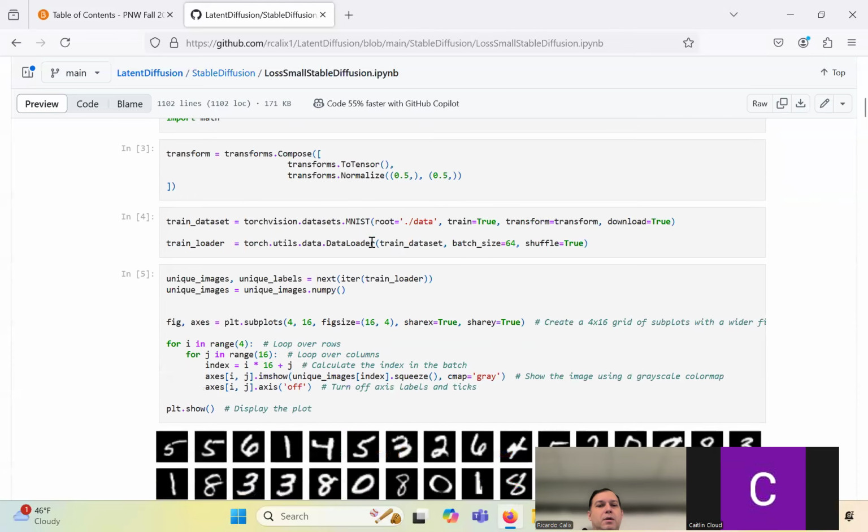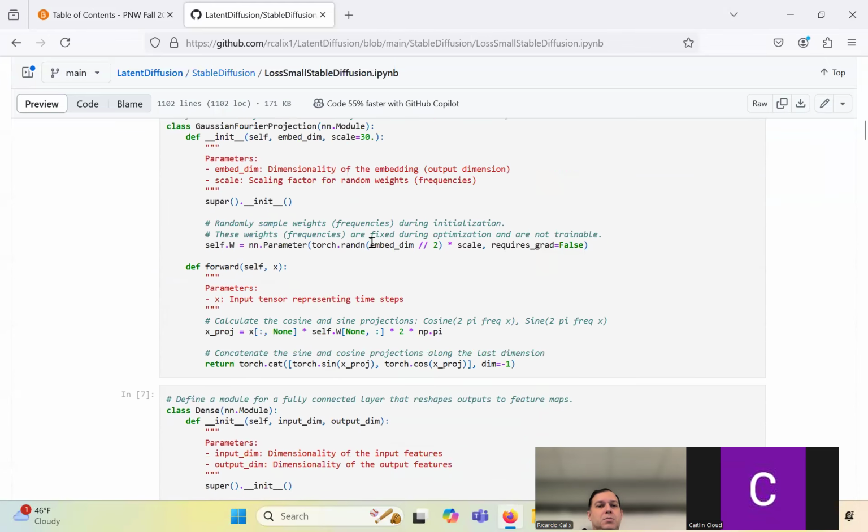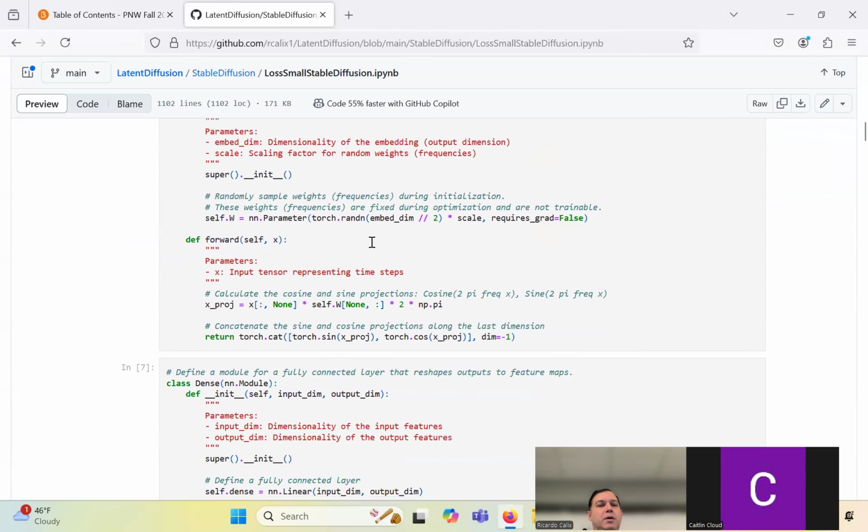So my goal here is we need to focus on two things. So we're going to focus